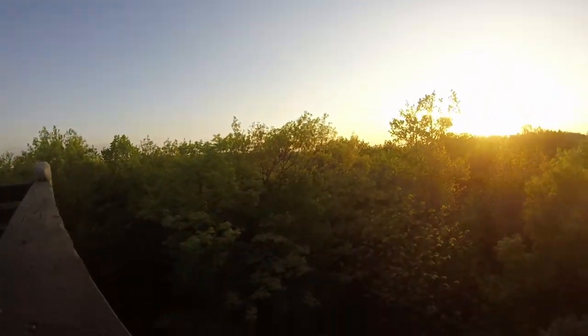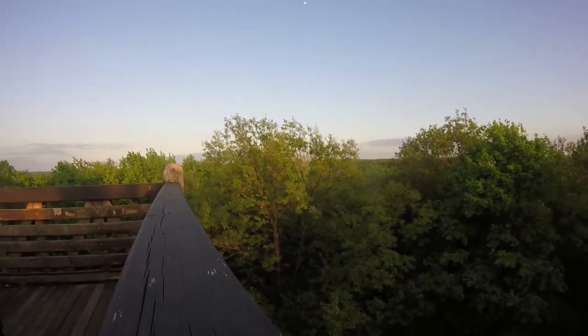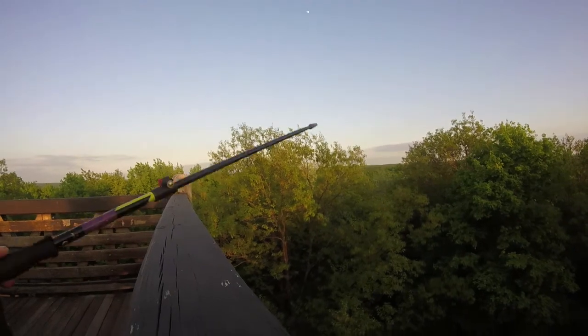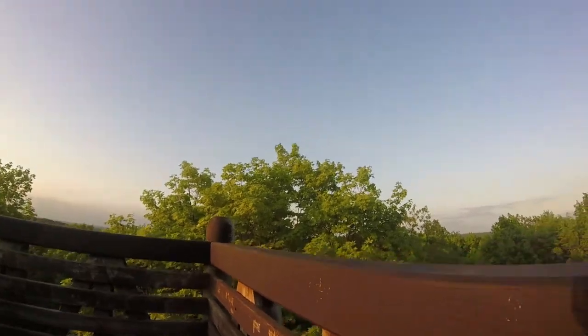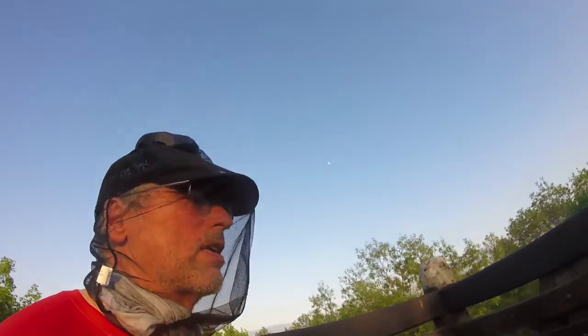Now we got the sun going down over that way, and I can't look over, but that's the way it looks going down, and so on. It's quite nice up here, although the trees are not quite making for such a good view here. You can see through some places, but the trees are kind of encroaching on it. And nevertheless, a nice spot to come up and, well, I'm doing some exercise here, getting up to here, put it that way. So like I said, it was 80 steps, 81 steps getting up just the tower, and